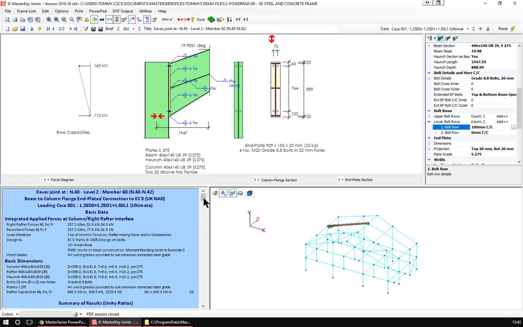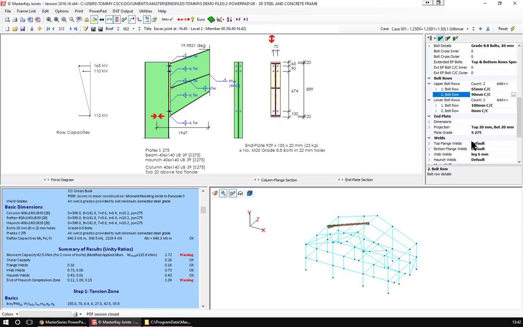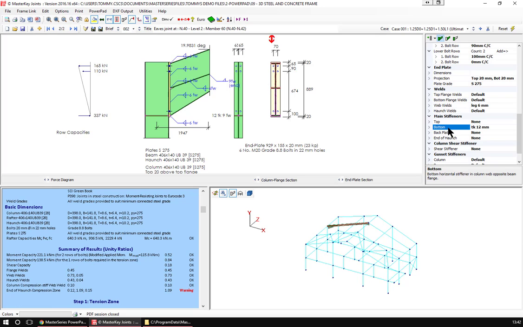We are working to the Eurocode, and we will see that we need a lot more bolts. We're at 2.7 over stress. So bolt row 2, I'm going to put in 90, and we're down still to 2.7, but we have a symbol here telling us that we actually need a compression stiffener because it's limiting the design. I'm going to put a 12mm stiffener there, and now the joint actually works except for the end of haunch,